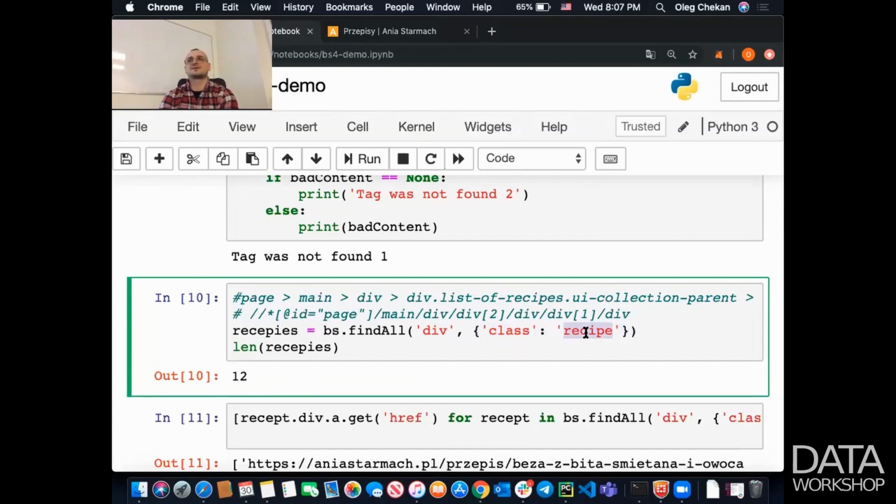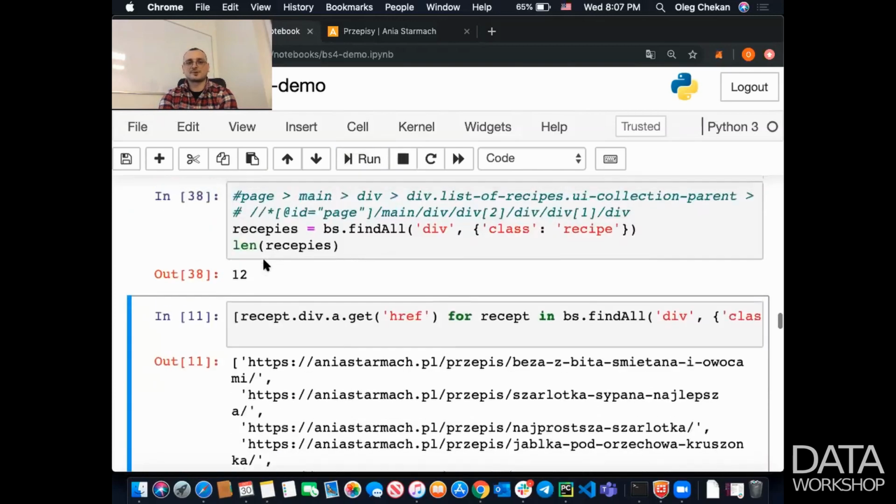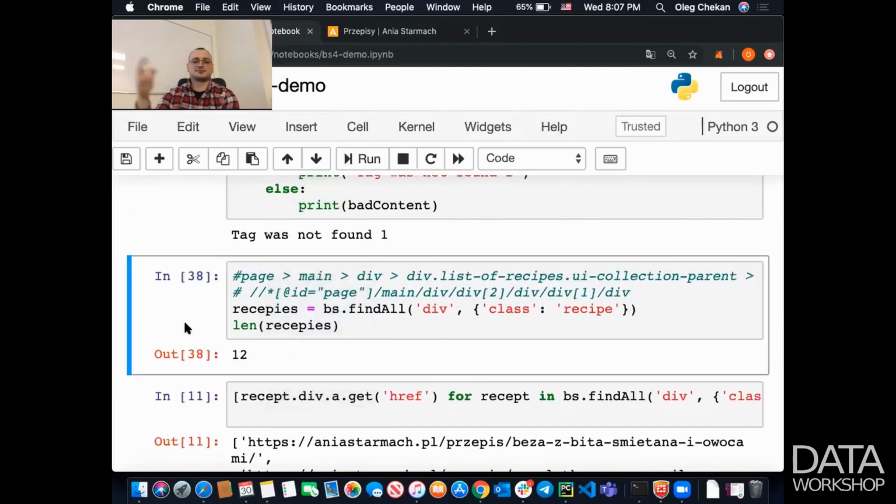So you're just passing an object saying which properties you're looking for. And if you run it,